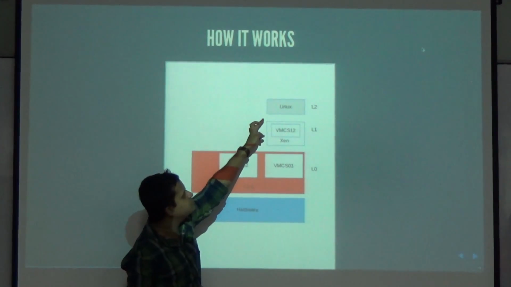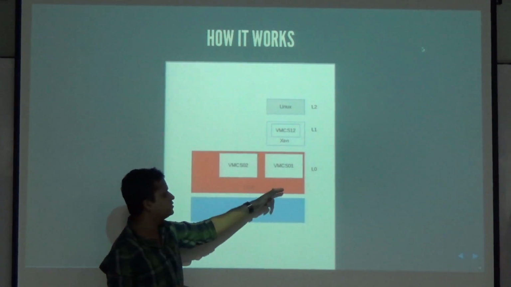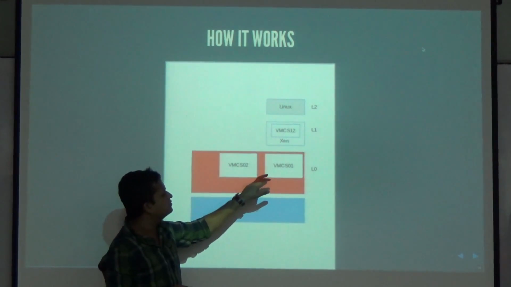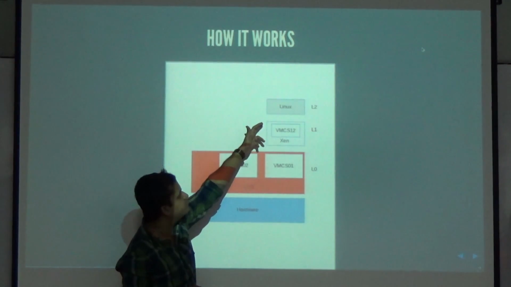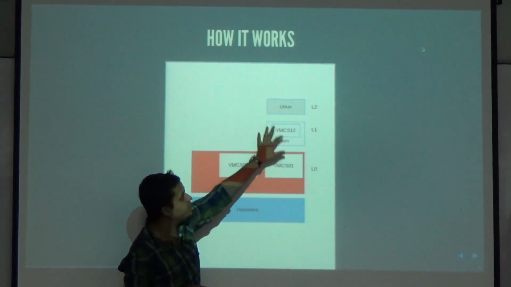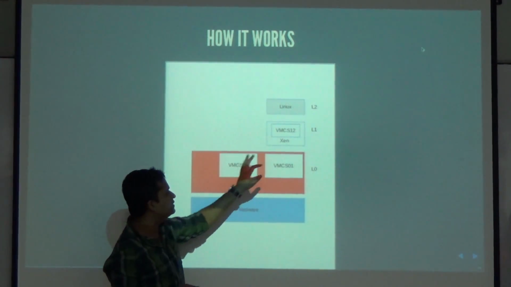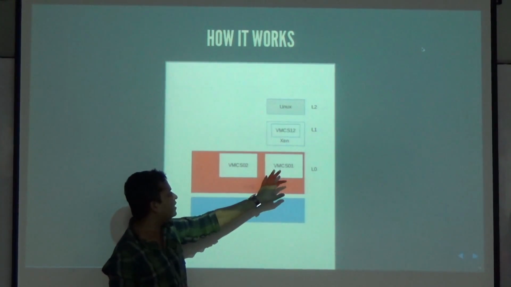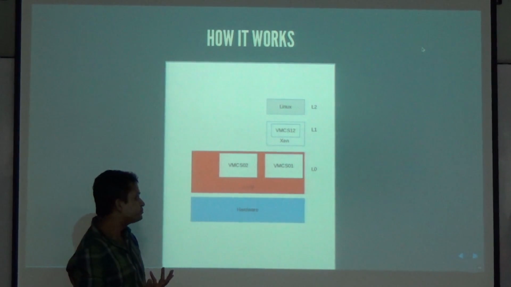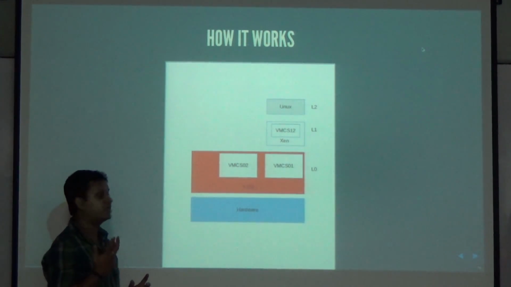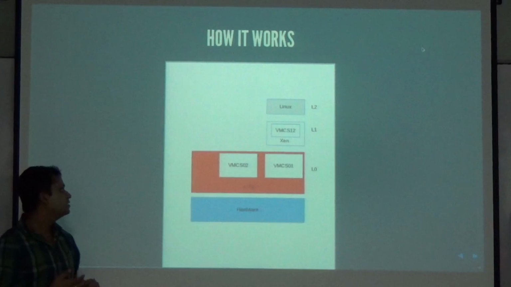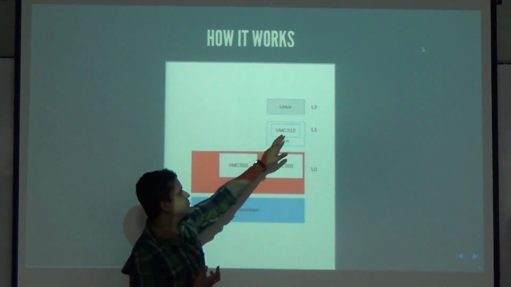So what happens is you exit out of L2 to L0, and then at this point the VMCS that is being used to run L2 is loaded onto the processor. So that gets removed, and then we now load VMCS01 again. Then we inject something called a virtual interrupt, and then we run Xen now.